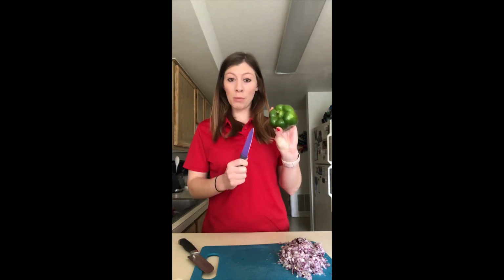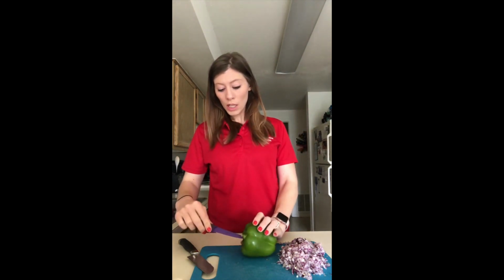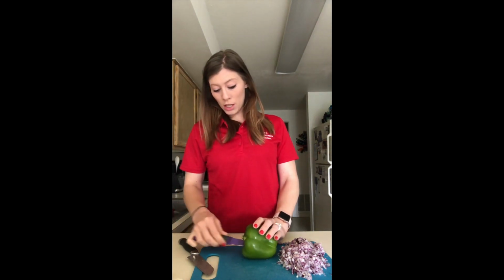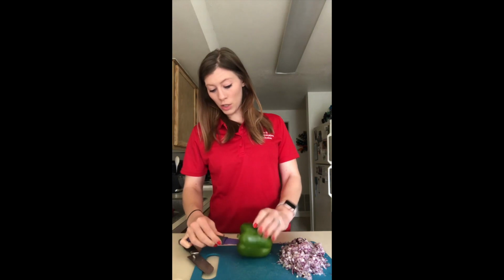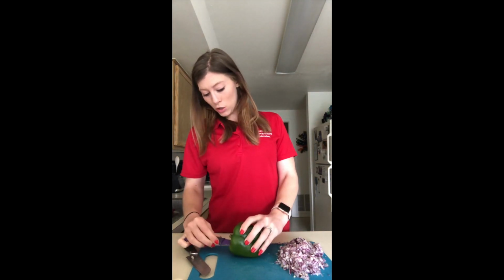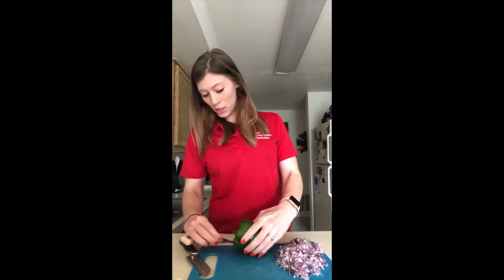I have to chop onions off camera, because they make me cry. So that's already done. I cut them in pretty small slices just because that's how I prefer it. But we're gonna work on the green pepper right now. You wanna take a smaller knife, at the top of the stem of the green pepper, and then carefully make sure the blade's pointing away from you while you do this. You put the knife in and then slowly cut around it, moving your hand so that it's not in front of the blade. So you just cut the stem out of it,